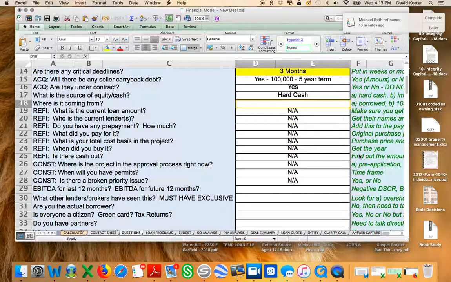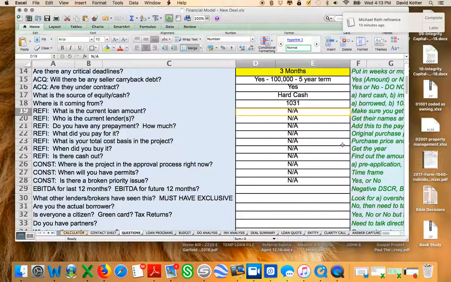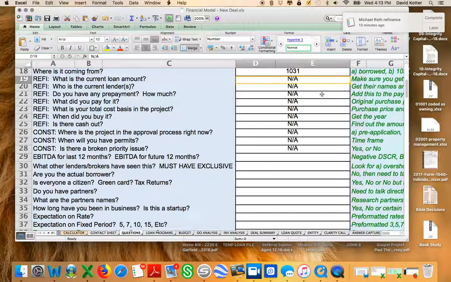And once we find out if it is hard cash, then we want to know, because the lender wants to know, where did you get it? Is it borrowed? Is it a 1031 exchange, meaning they sold the property and they're taking the proceeds and moving it into that? Is it property equity or mixed? So we could just say 1031 perhaps. If it is a refinance, then you're going to answer these questions. If it's not, you'll notice they all say non-applicable. So we just assume that, just for the sake of the video,